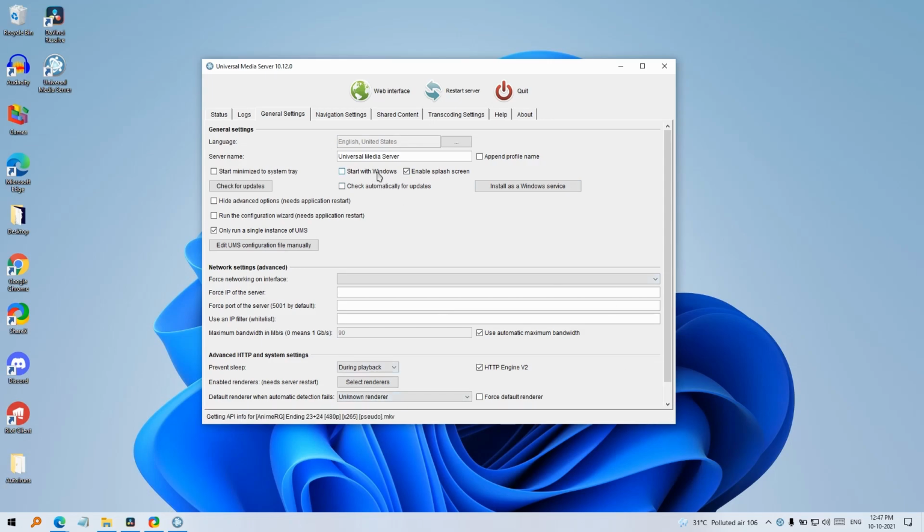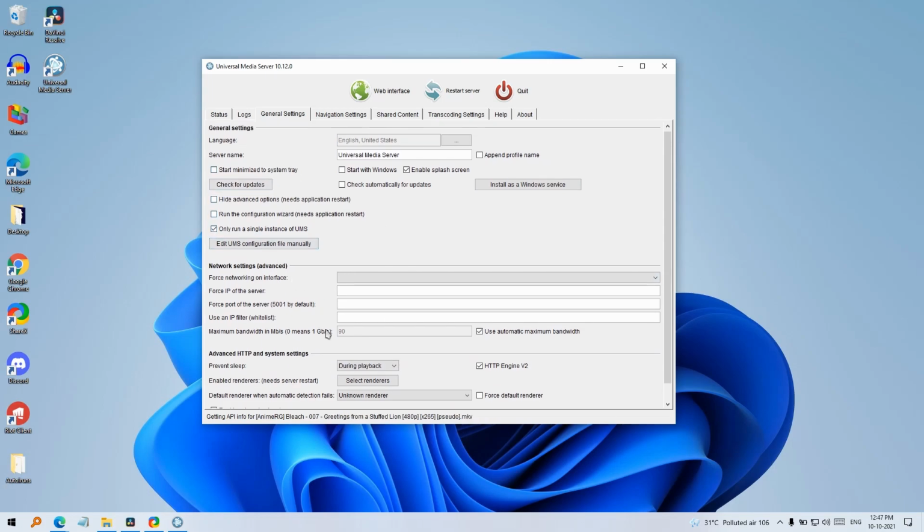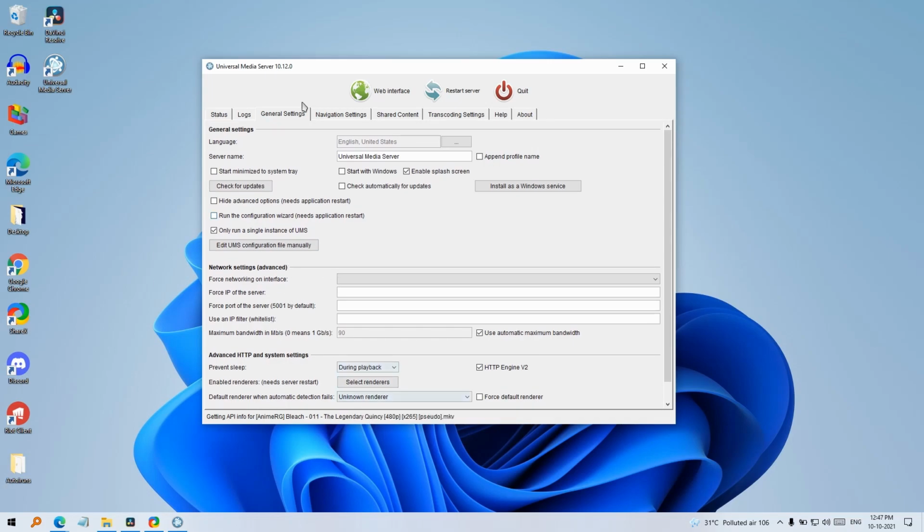You can choose whether to start it when your Windows system boots up, and start minimized, which was asked in the beginning. If you by mistake enable hide advanced options, you can come here, untick this, and then restart the client. It should work fine. The settings here do tell the functionality they provide.